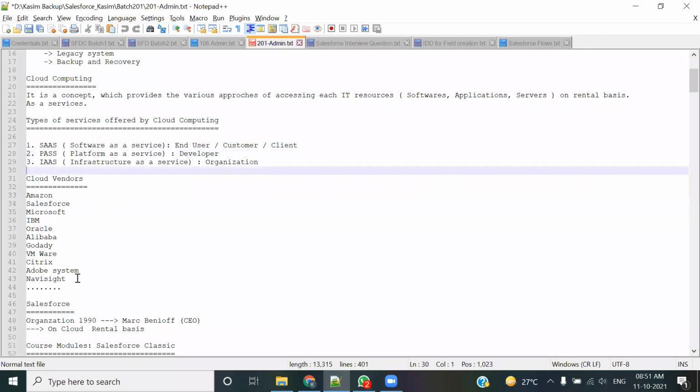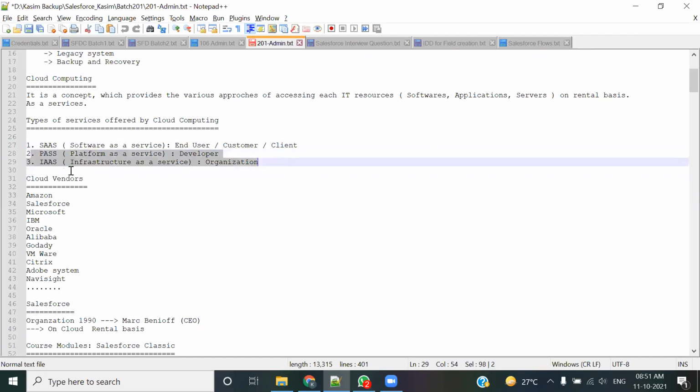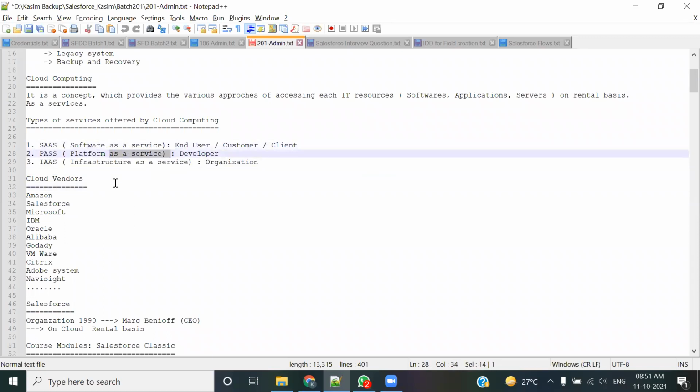But for now, what is important for you to understand is that there are 3 different kinds of cloud services: SaaS, PaaS, and IaaS. Software as a service, platform as a service, and infrastructure as a service. What does it mean by as a service? पहले मैं ये explain करूँगा और आपके बाद में फिर ये terminologies का. For now, just go with the full forms. What does it mean by the software? What is the platform? What does it mean by the infrastructure? SaaS means software as a service. PaaS means platform as a service, and IaaS means infrastructure as a service.